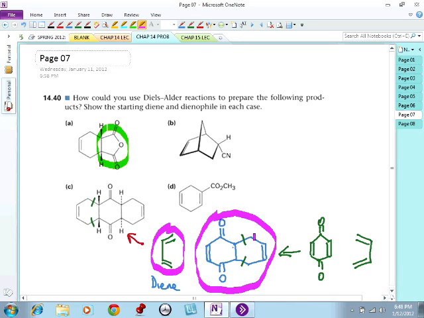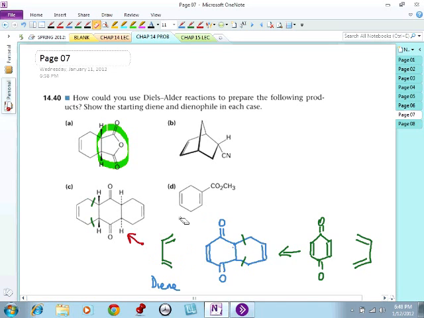Yes, nothing stops it. But don't forget the product that you're supposed to make. You see, you have to look at the product you have to make. Actually, this could be, Myra, that's a very good question, by the way. This could also be, this here could be your dienophile, yes. Okay? But then, since you asked that question, there is another aspect of the Diels-Alder reaction that I need to